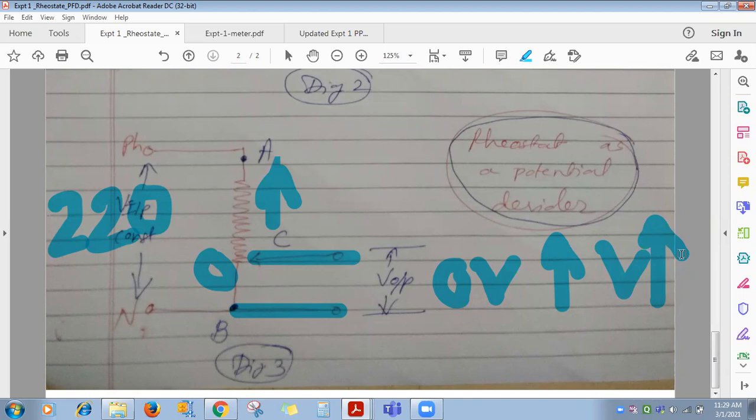Another instrument is the auto transformer. Auto transformer has the same application. It works on AC. Output is AC, variable AC voltage. Input is fixed to the auto transformer and output you will get variable voltage. Transformer, input is AC, output is AC. Auto transformer, same thing. Input is AC, output is AC. But transformer is what? To step up or to step down the voltage.